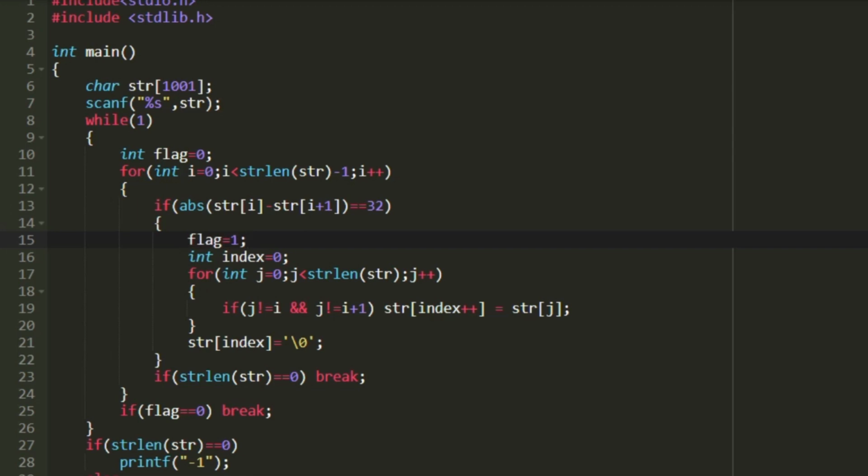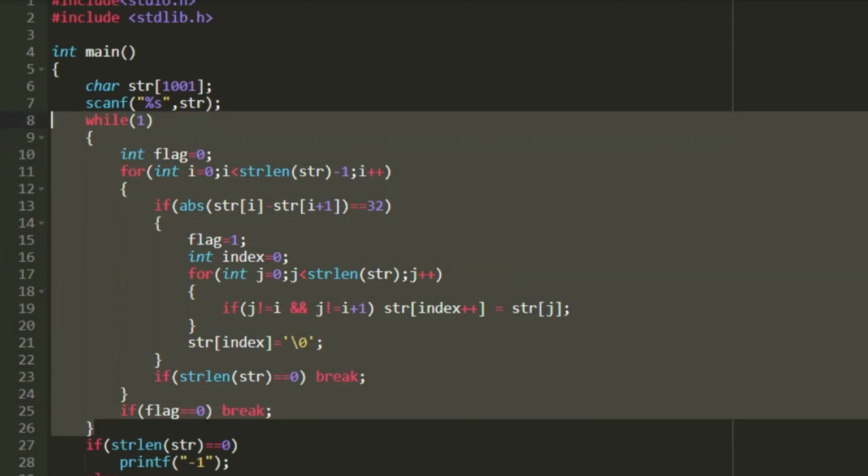But if the flag variable is equal to 0 even after the execution of the i loop, then it means that no pair is found. So that would be the condition to break out of the infinite loop. So we will be breaking out of this infinite while loop whenever flag is equal to 0. So if flag is equal to 0, then I include the break condition.